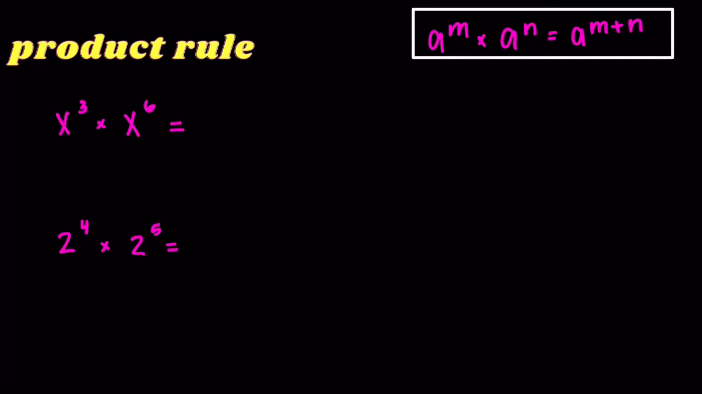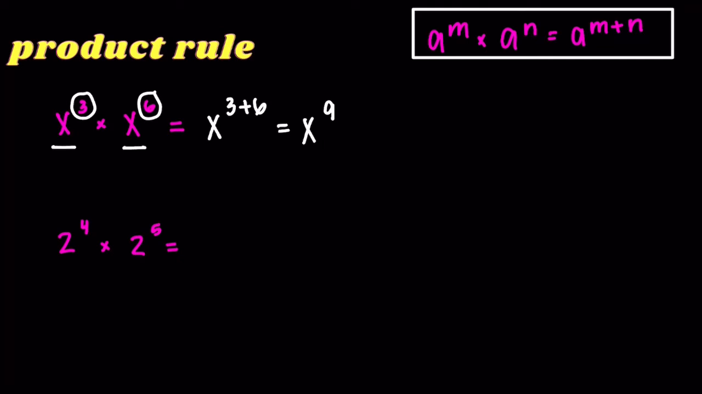For our first example, we have x to the third times x to the sixth. How are we going to solve this problem? Well, we know that we have the same base x for both terms, so we can use product rule to combine the exponents 3 and 6. Therefore, we can simplify this with just writing x and then combining our exponents to give us x to the